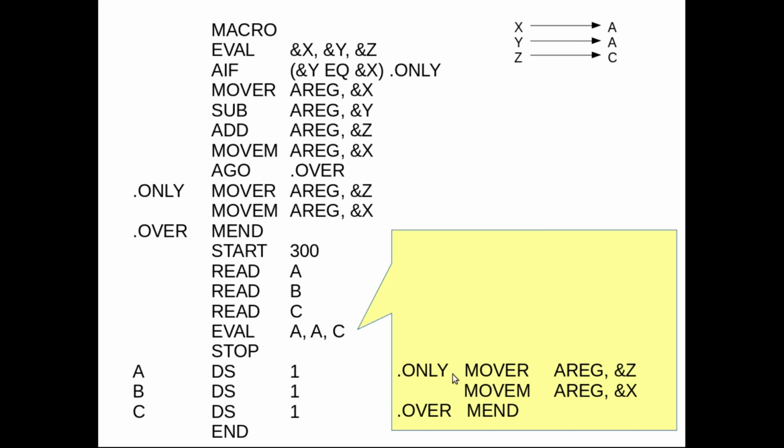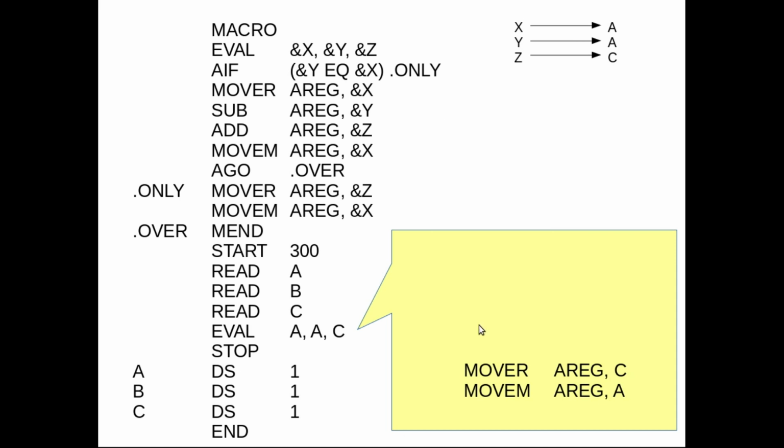At this moment I am at this line, and in this line I have to replace z by c. And after finishing this statement I go to the next statement, and in the next statement I need to replace x by a. And after that I will go to the next statement, which is the macro END statement. So that will end my macro expansion, and at the end of the macro expansion I have generated these 2 lines. Again you see that we only have model statements in the final expanded code. We don't have the preprocessor statements or the sequencing symbols.